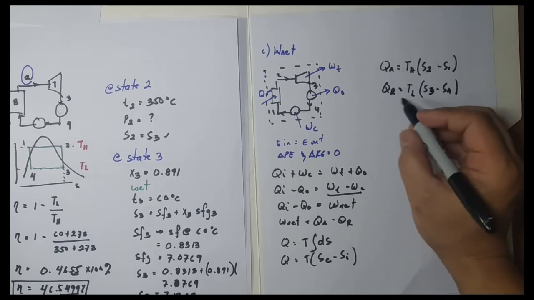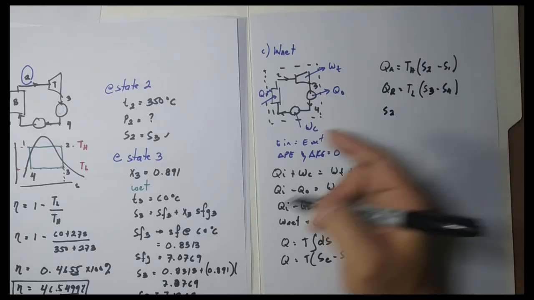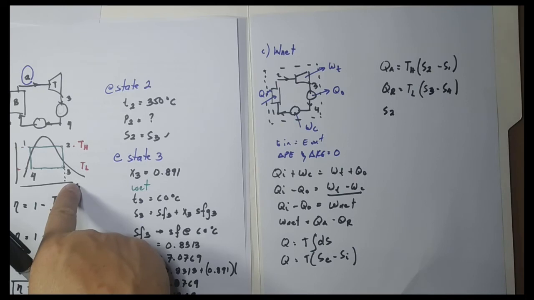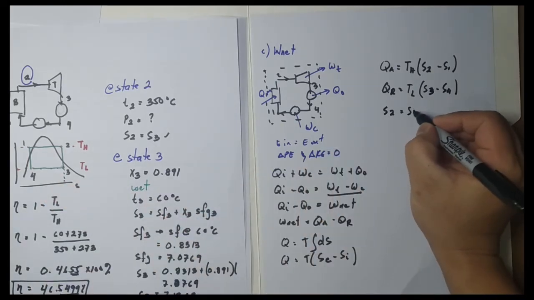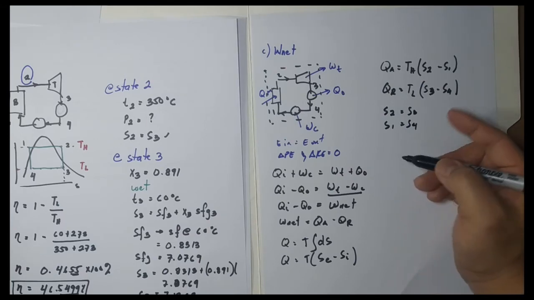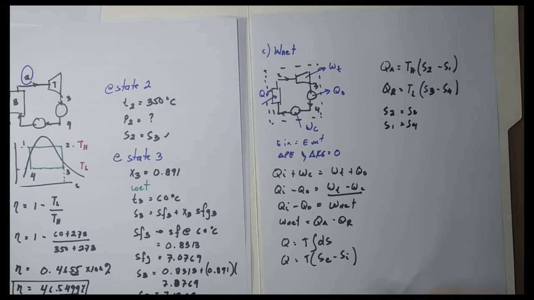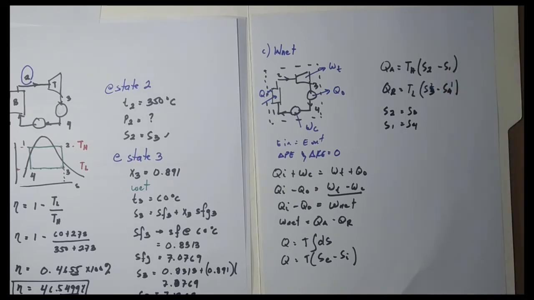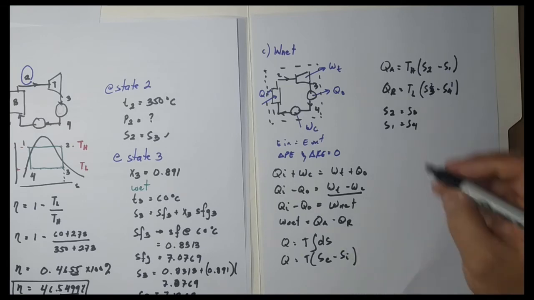Yan yun. But S2 equals S3. And S1 equals S4. So, pwede nating sabihin na palitan to. Okay? Ito magiging 2, ito magiging 1. So, lumalabas from this equation, work net